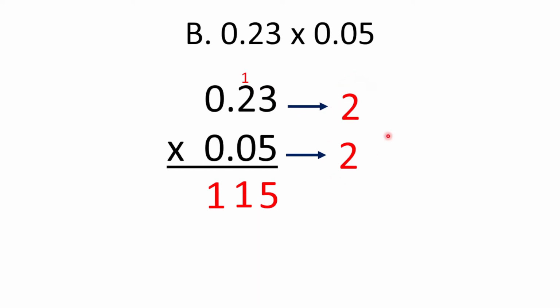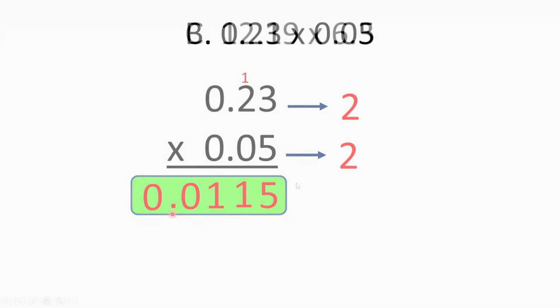Since we have 4, we're going to count. So, 1, 2, 3, and 4. Sir, paano po yan? Wala pong digit dun sa pang-apat. So, simply, we're just going to add 0 or append 0 to fulfill the missing digit. Then, dito na po natin ilalagay yung ating decimal point. Our answer for this is 115